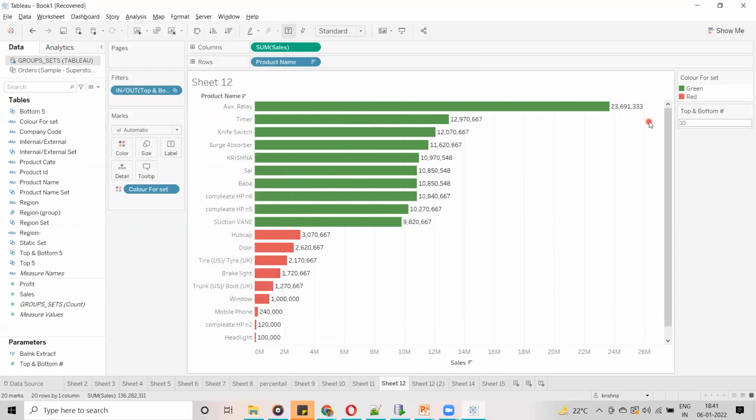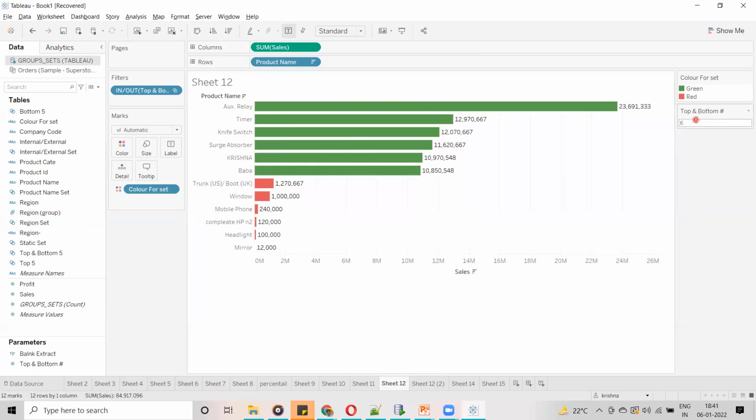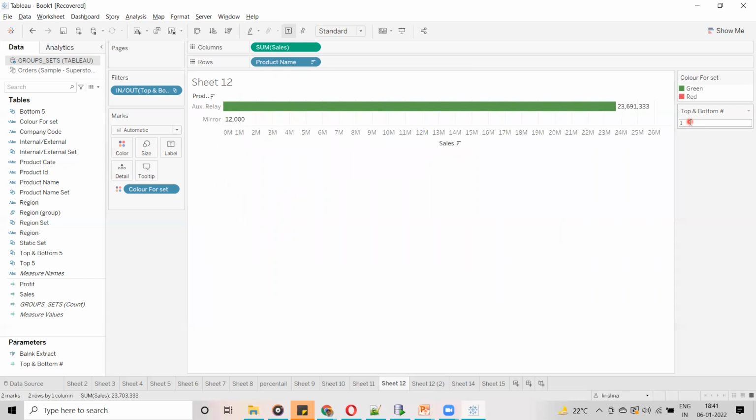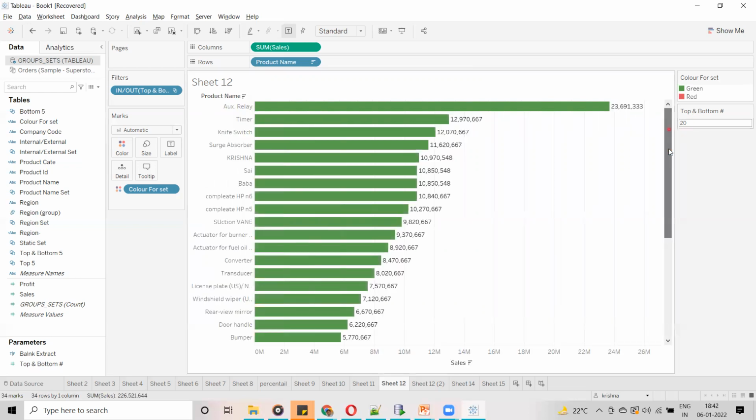Now I want to display top 3. For example, I'm going to enter top 3, bottom 3. If I enter top 6, now you can see top 6 records. So top 1, bottom 1. This is how it is going to give you the result. In real time also, we are going to give the flexibility to enter his required value.